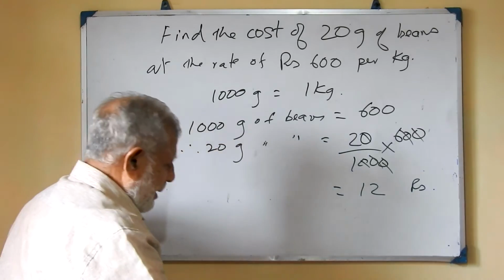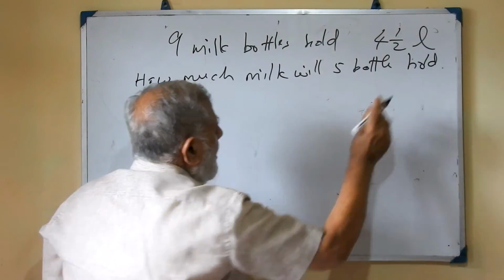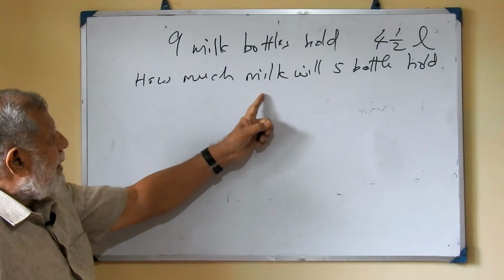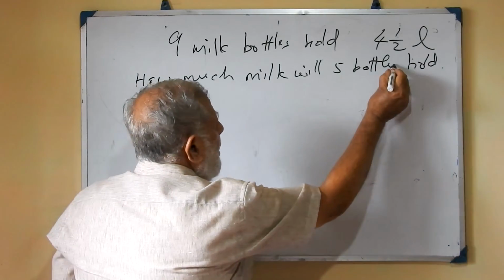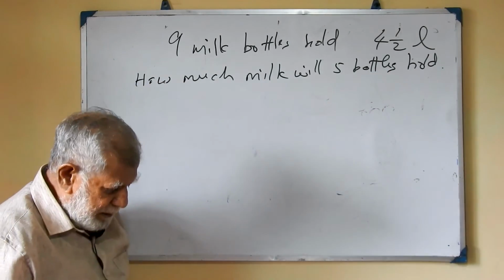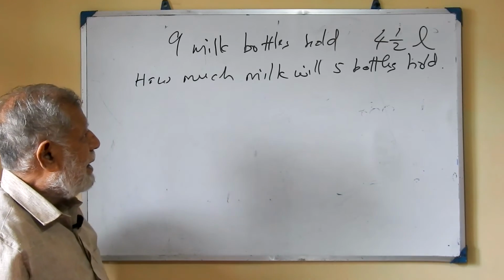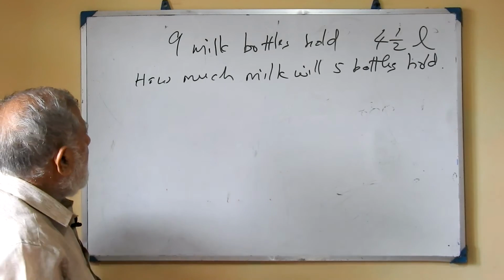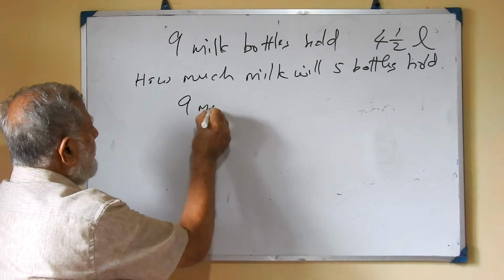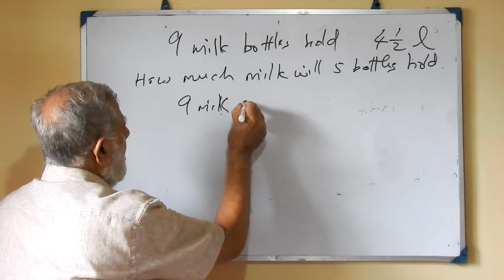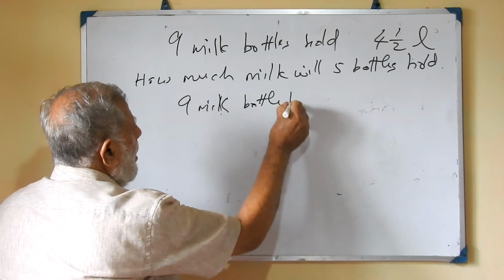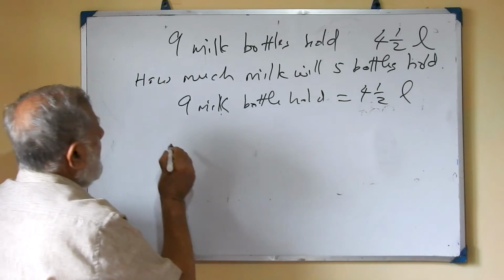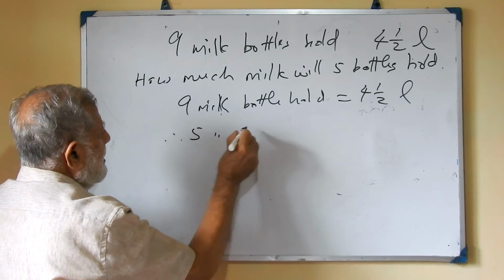So we'll take one more example, the last example. Look at it carefully. 9 milk bottles hold 4.5 liters. How much milk will 5 bottles hold? Now, the liters must come on the right hand side because we are going to find liters. So the milk bottles should come on the left hand side. So we write down 9 milk bottles hold 4.5 liters. Therefore, 5 milk bottles hold